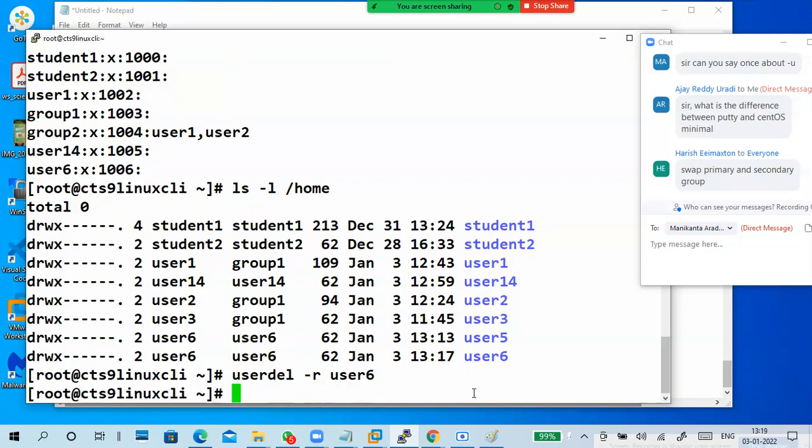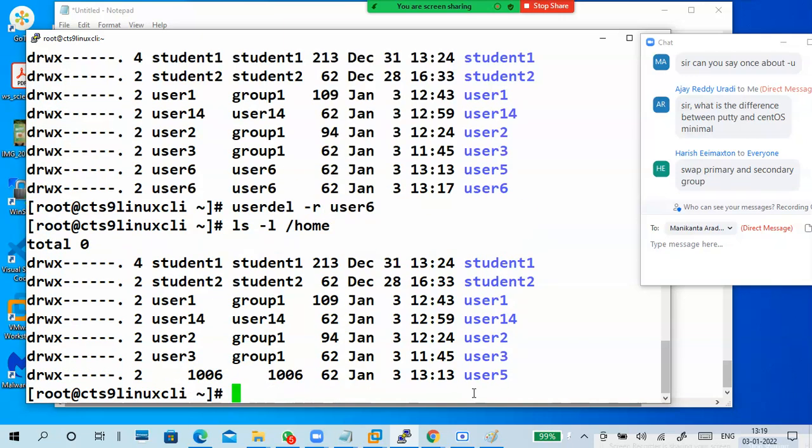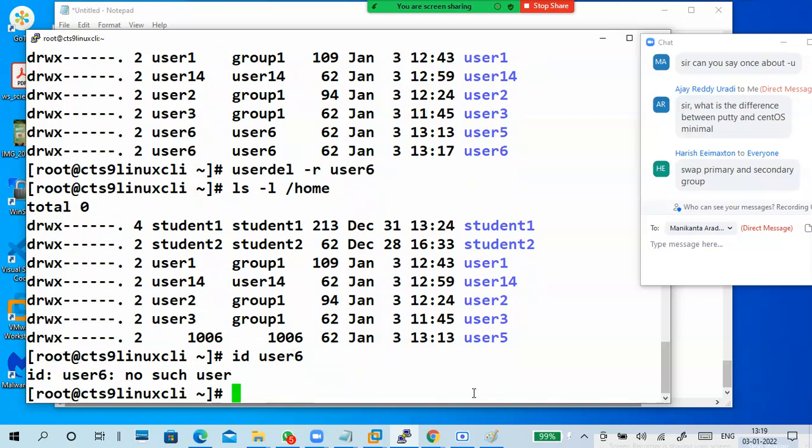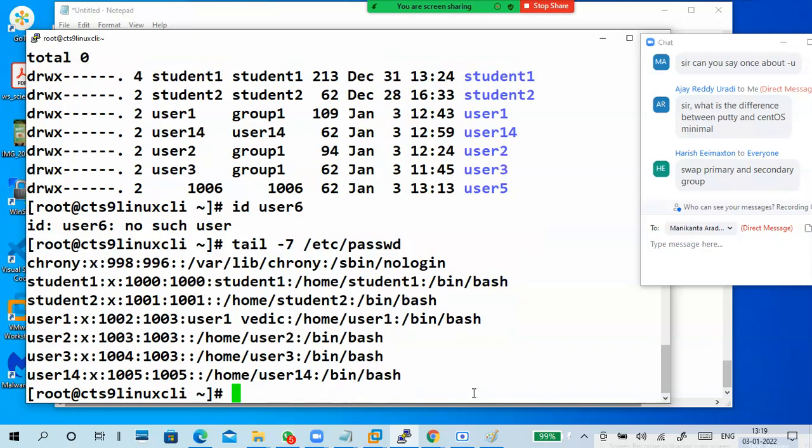Okay, first of all I want to check here mainly. So I deleted user6 plus the home directory also. Got it? Check other things like whether user6 is there or not. No such user. You can check with the passwd file, also gone from here.